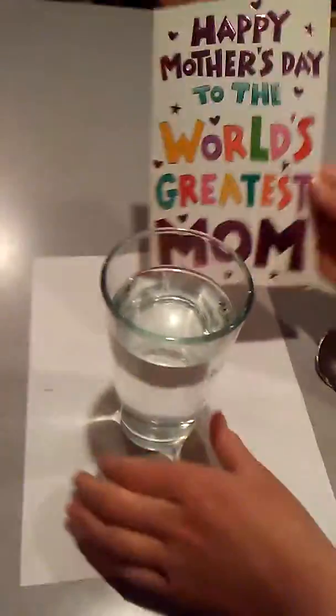Science experiment, we're going to be seeing how water magnifies and makes stuff look weird. So, we have a Mother's Day card, since today was Mother's Day. And it still is. Look how it makes it move, and it's weird. I could do that all day long. Well, okay, anyways, and if we put it up to this small